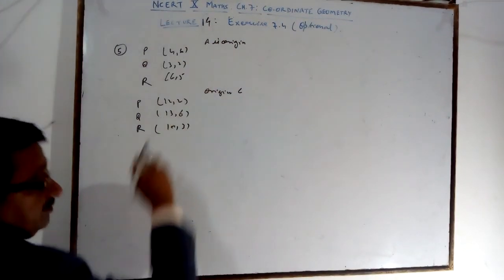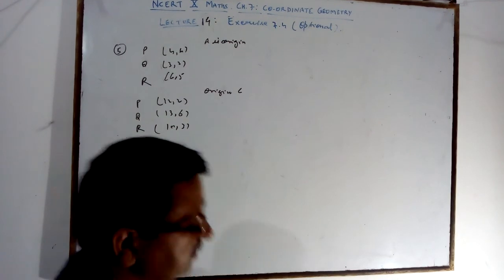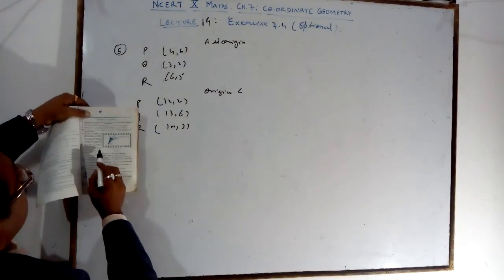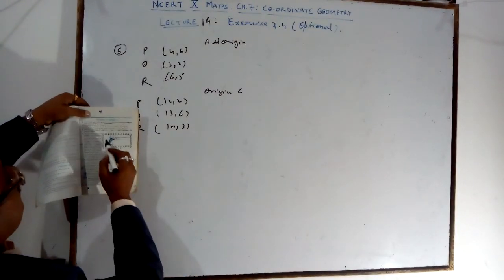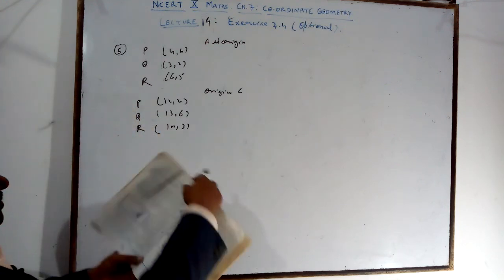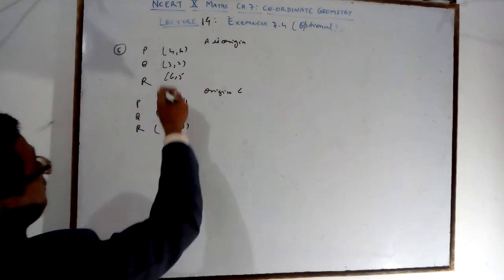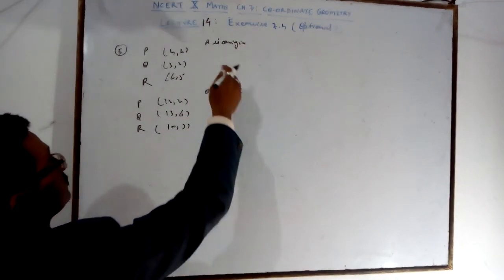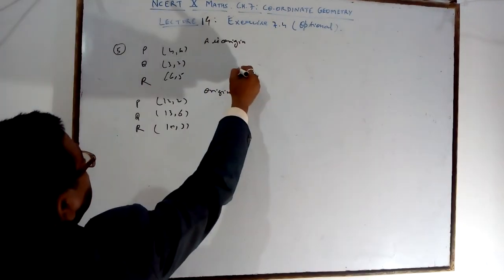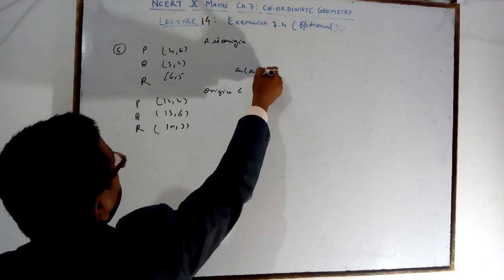When you take the fourth quadrant, then it will be in the negative. The only thing is, when A is here and the origin is C here, then it will be the fourth quadrant. But when you turn the book, you will get it in the positive quadrant too. And then you write that there is no change in the result. So you find the area of this. Find out the area of triangle PQR by this.